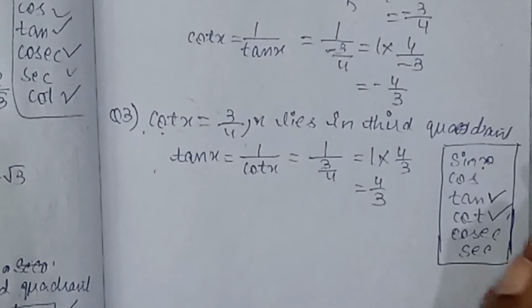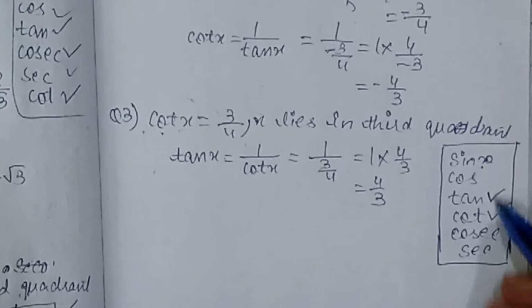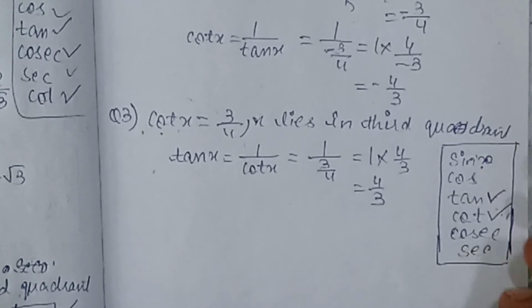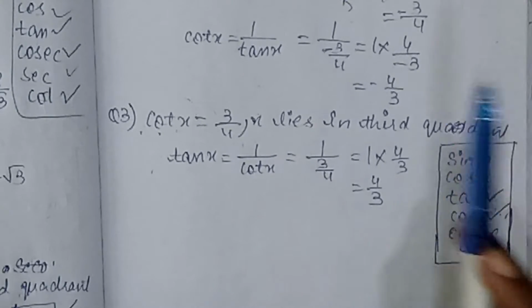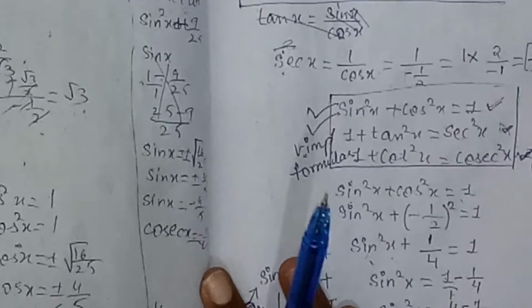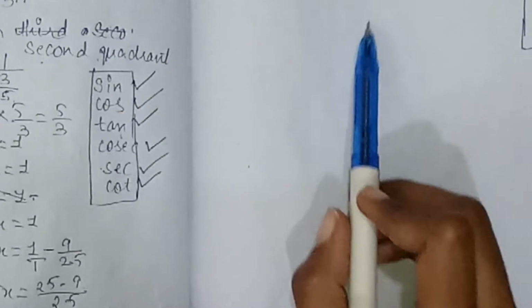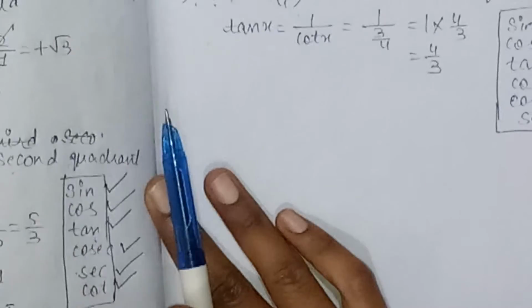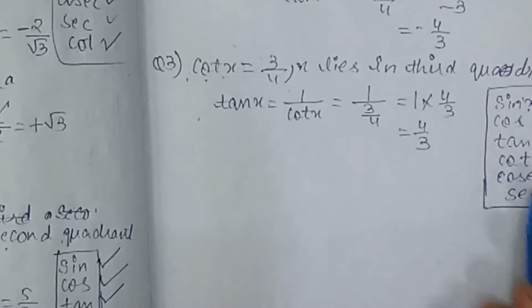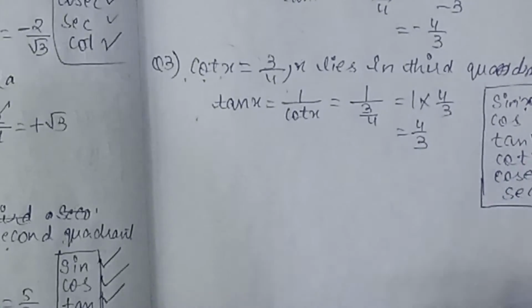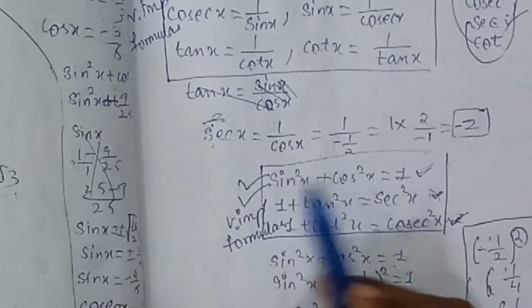See, when you don't know any value, you just know two values, we need to find the rest. So use the equations which I said just before. See these values. What we know now is the value of only tan and cot.